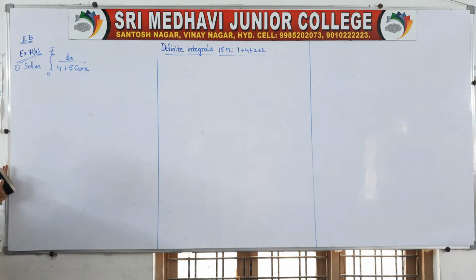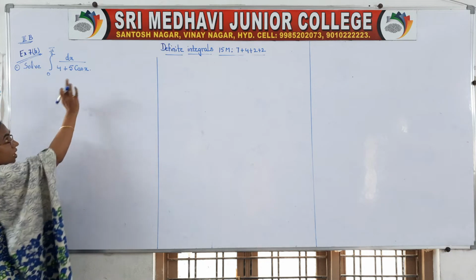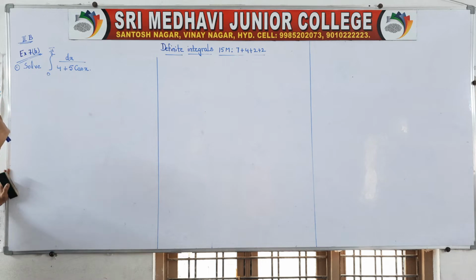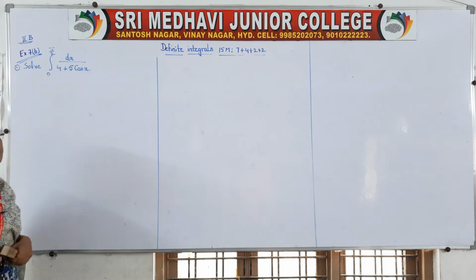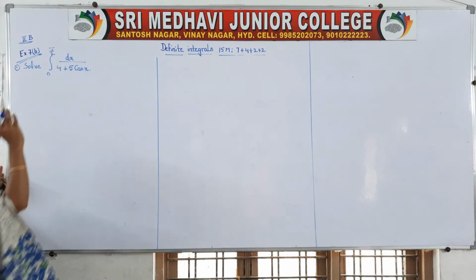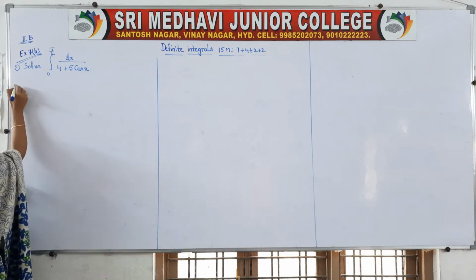I said that while doing integrals we have 5 methods. In those 5 methods, whenever cos or sine is in the denominator, we have to take t is equal to tan x by 2 and differentiate it. We follow the same method, the only difference is that at the end we substitute in the derived function: upper limit minus lower limit.